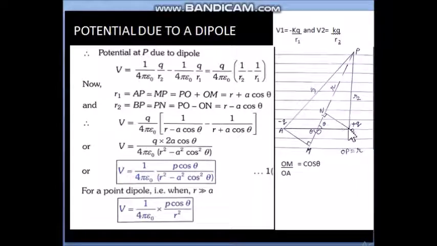Now our target is to find at point P the net potential due to this dipole. So the dipole is present and one point is present. No other charge is present. Now, as is the procedure, to find the total potential here, we first have to find the potential due to the first charge and the potential due to the second charge. And because potential is a scalar quantity, we have to simply add the two potentials.